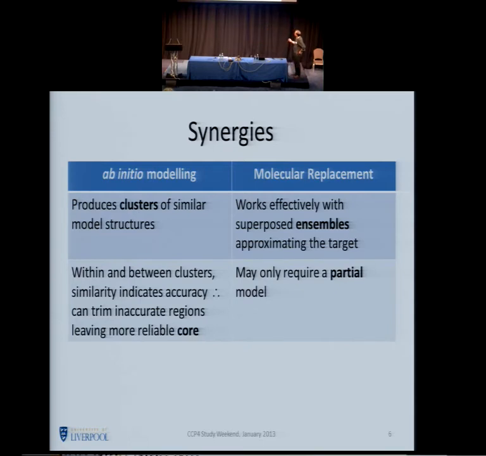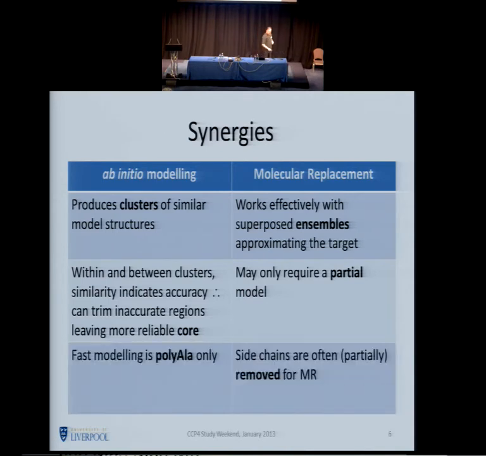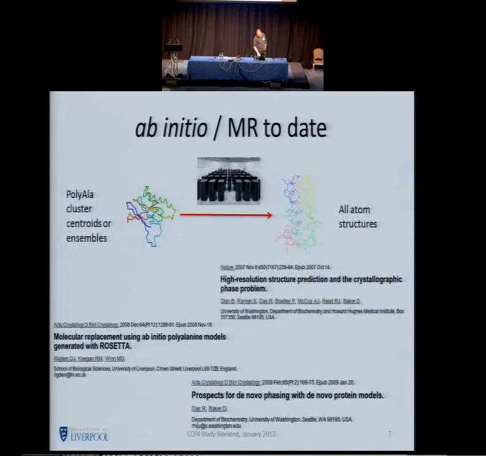And of course, as we've heard several times, molecular replacement only necessarily requires a reasonably accurate partial model of the core of the protein. And like I said, the fast ab initio modeling is working with polyalanine structures only, but that's not really a limitation because, as we've also heard already, side chains are often pruned off in the more difficult cases. So there are three reasons that really encouraged us to look at ab initio modeling as a source of search